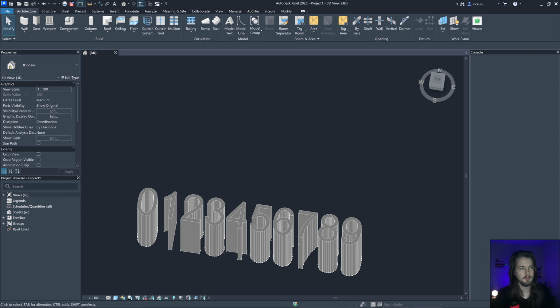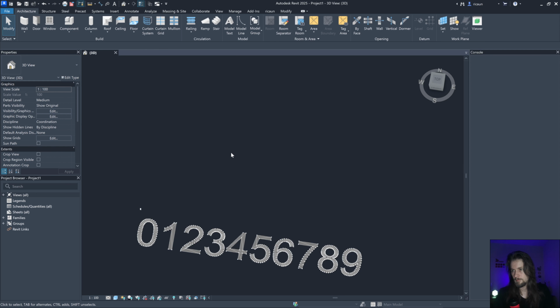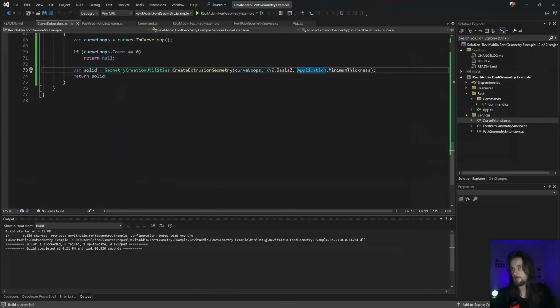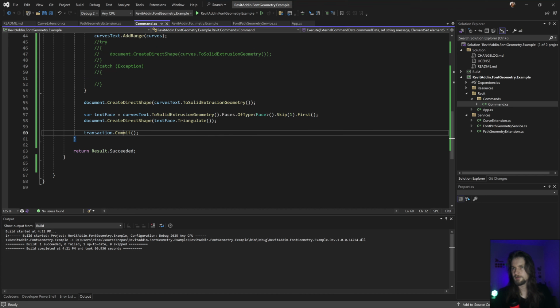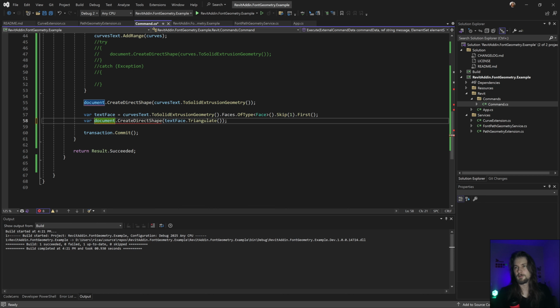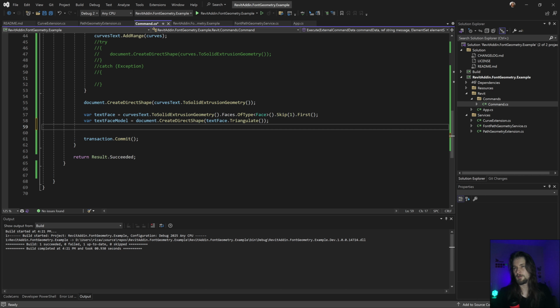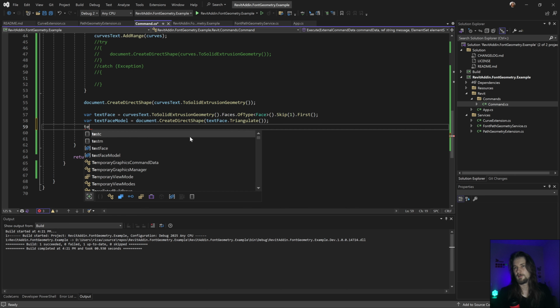But let's remove, where is my 10 plus? Yep. Great. And let's just var text face model, text with model move.